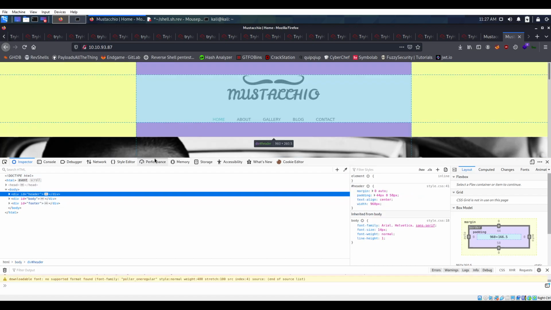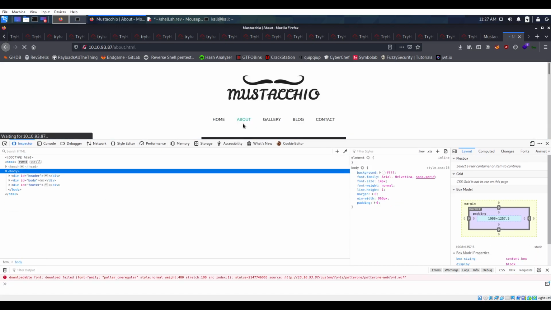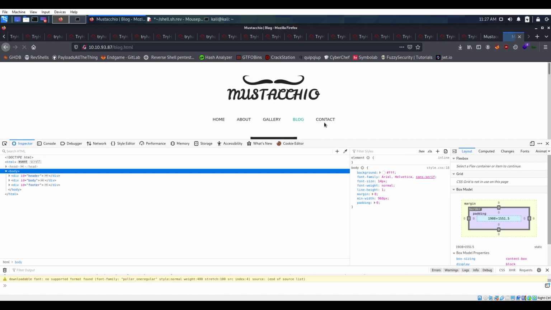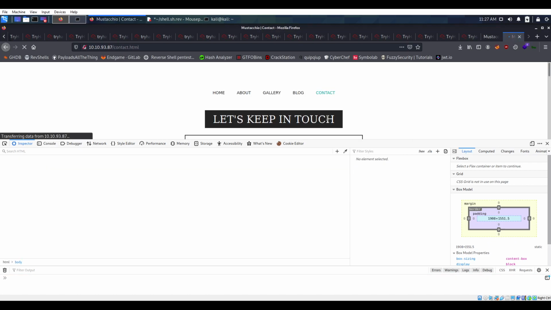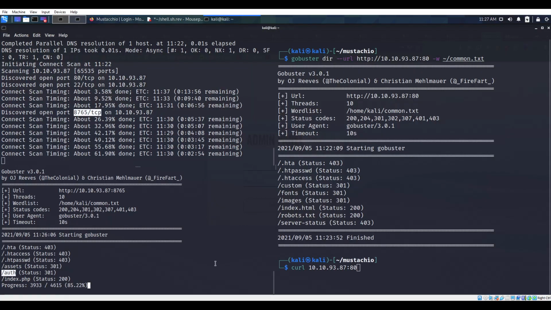We need to inspect this element maybe, and then see for any comments or something that they have left. Okay, nothing much interesting here anyway. Author admin. Okay, so I think the best thing is to do images, fonts, custom, status. So at this point I would like